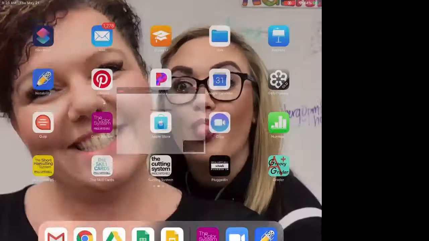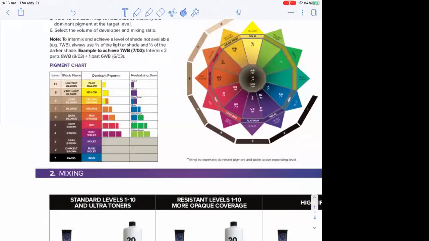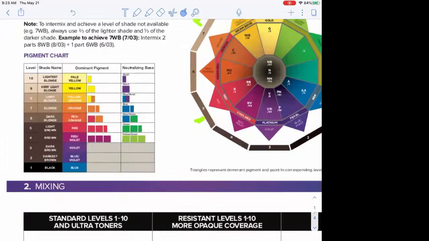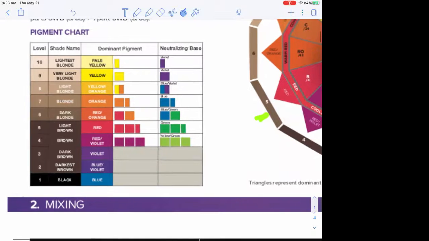Okay, so we're going to go back to our swatch chart from yesterday. Once we lift hair color, so we started out at, let's say, a level 5, and then we lift them up to a level 7, a lot of people get stuck at level 7 right there at that super orangey, right? But then there's this little tool over here, the pigment chart. It's telling you that at each level of hair, there is a dominant pigment, and what that dominant pigment looks like. Level 7's dominant pigment is orange, which means I need